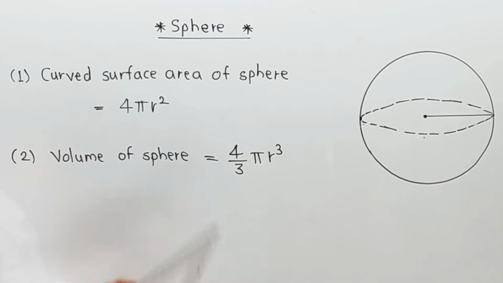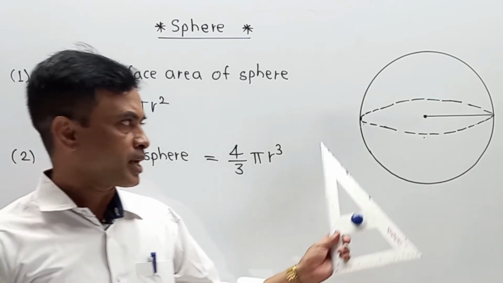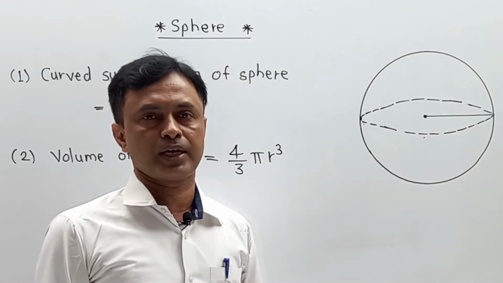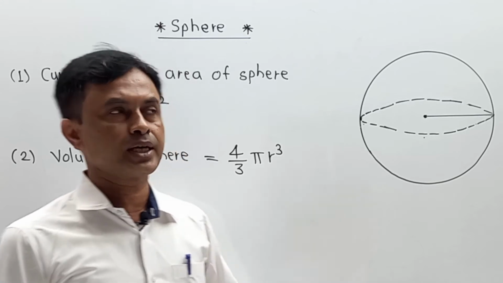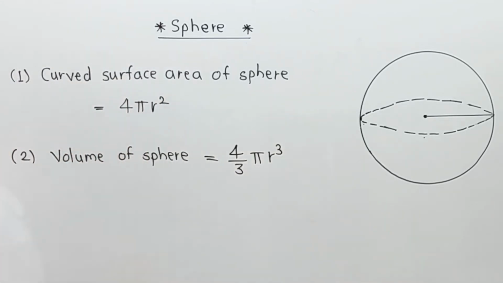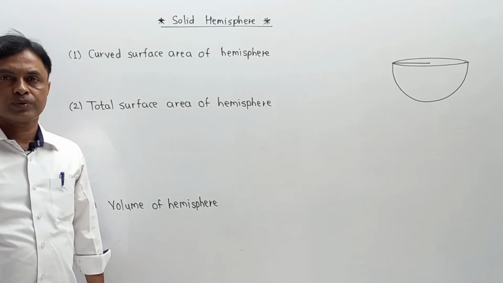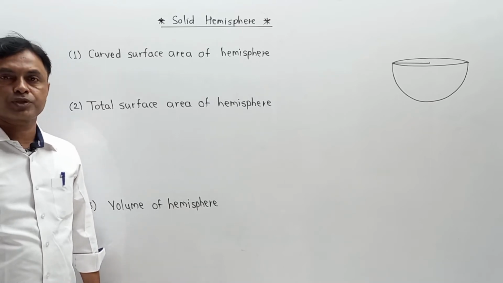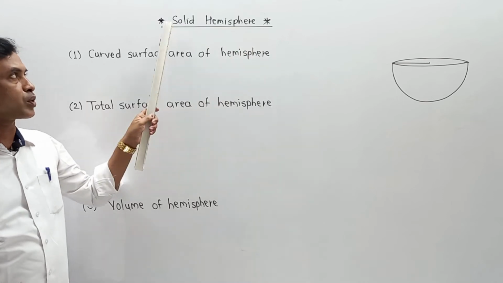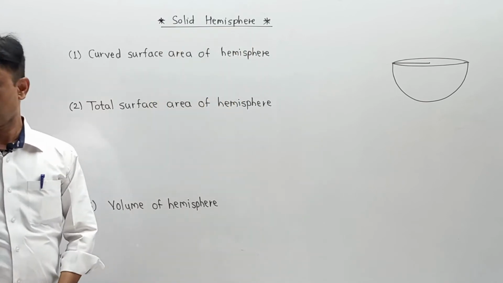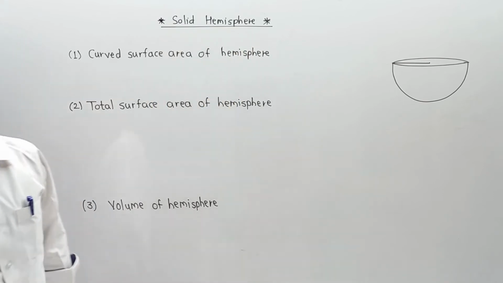Now, from sphere, we are moving to hemisphere. What is exactly meant by hemisphere? Hemisphere means exactly half of that. And in that case, there are some slant modifications we have to understand. But first, clear these formulae. Now, after completing the part of sphere, we are entering into the part called hemisphere. Sometimes it is also called a solid hemisphere. Now, try to understand each and every step over here.